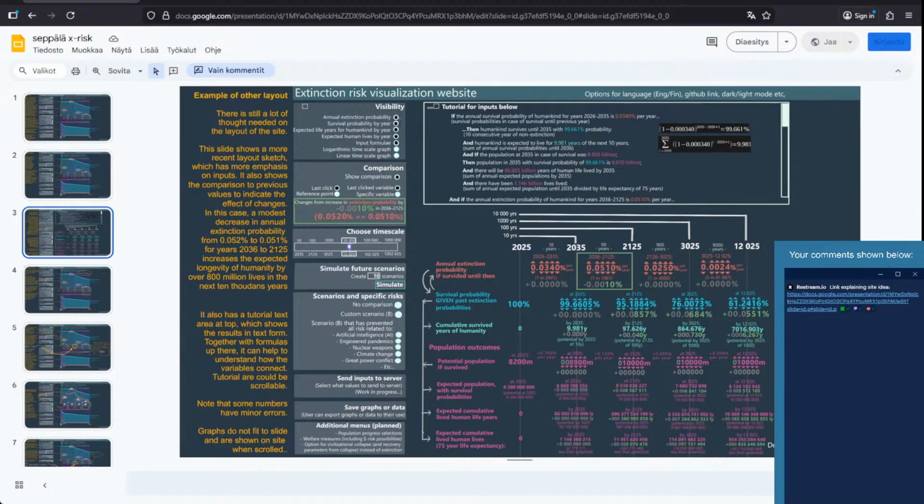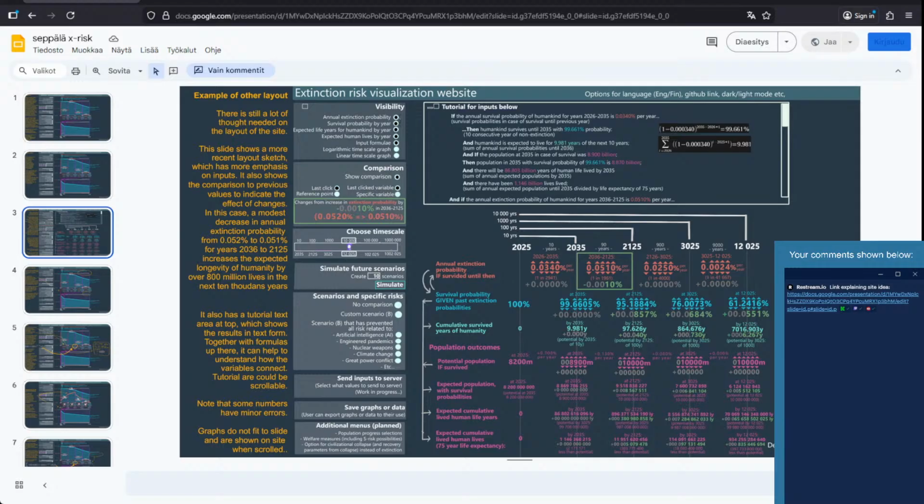Here I have this annual extinction probability value, that's kind of an extinction probability for each year, and I kind of want to